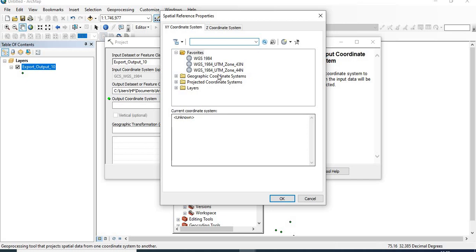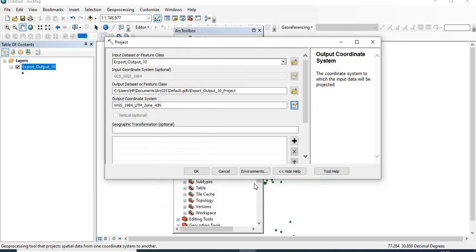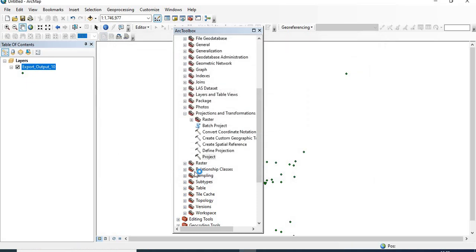For this we would be using the WGS 1984 UTM zone 43. It is always there in the projected coordinate system. Since Himachal Pradesh falls in this UTM zone 43 North, and you will see that the current coordinate system has been added. Click on OK and then accept the default output location and click on OK.